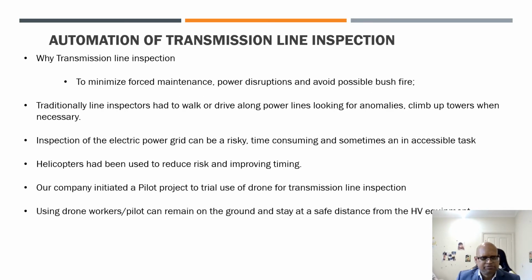Transmission line inspections are carried out to minimize forced maintenance, power disruptions, and avoid any possible bushfires. Traditionally, this was carried out by inspectors driving along the power lines, looking for any anomalies. If they found something, they climbed up the towers and took appropriate actions. The problem with this technique was that it was very risky, time consuming, and sometimes there were certain sections which were very inaccessible. To improve the situation, helicopters were introduced in the industry, which significantly reduced the risk and improved the timings